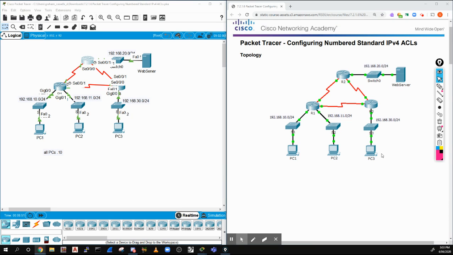Routing and Switching, Chapter 7, Packet Tracer 7.2.1.6. We're going to configure a numbered standard IPv4 access control list. We have a topology in front of us, and we want to try and understand what the rules are for this. So as a brief overview, we want to